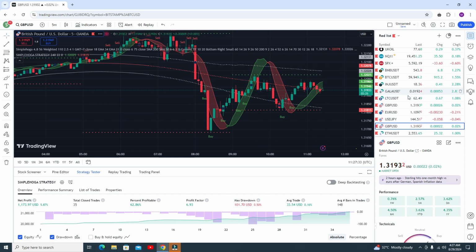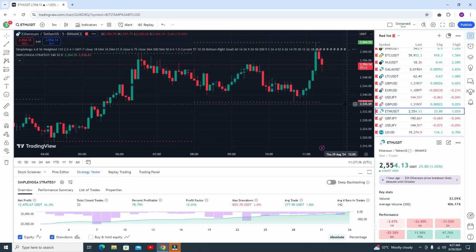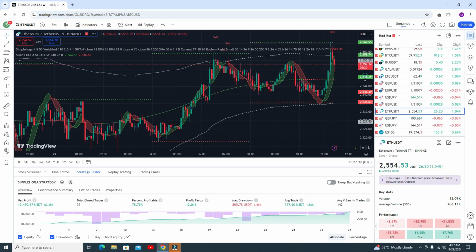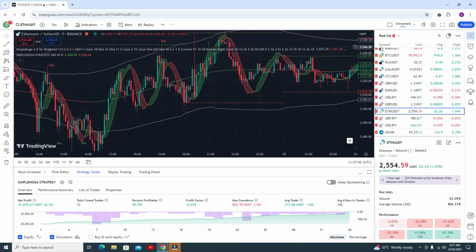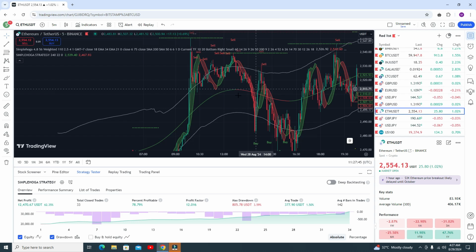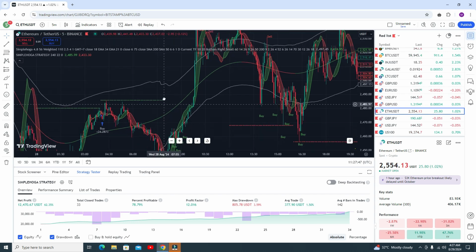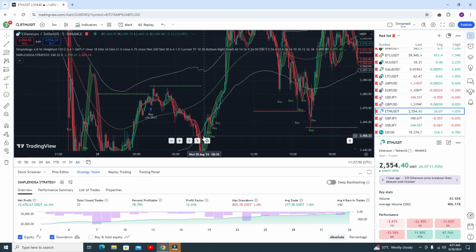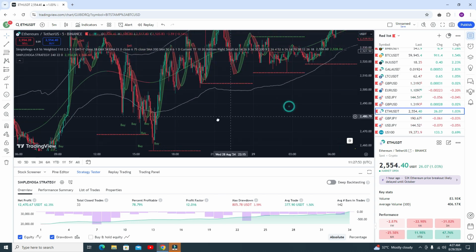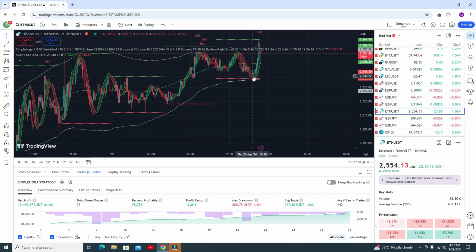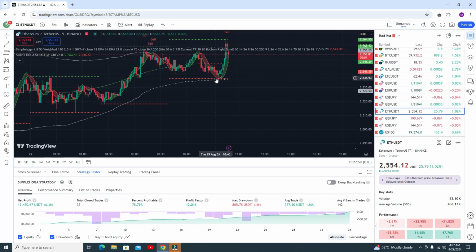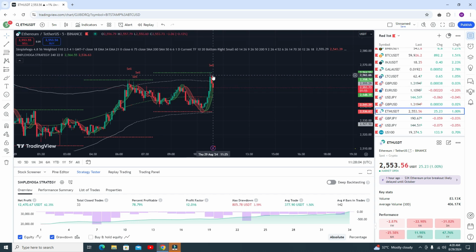Okay, and let me show you some results in Ethereum. In the Ethereum, let's see what we got. With 78% accuracy in the Ethereum, like here you can see this buy trade, this buy signal is profitable, and here you can see that this is the most recent buy signal. Okay, because it's very close to the lower band line, so you can go for the buy trade. Okay, and this is your take profit. Because there is resistance as well, this is the most accurate signal, and you need to book your profit at this point.